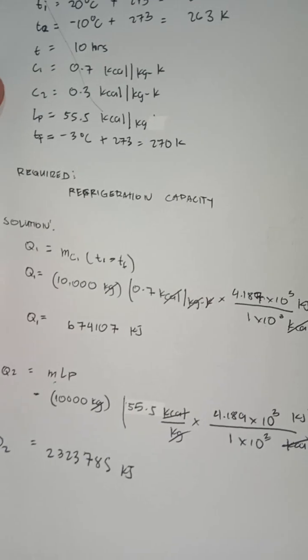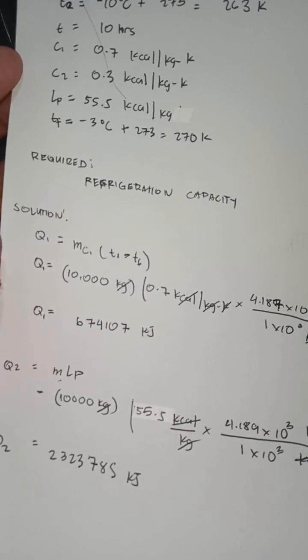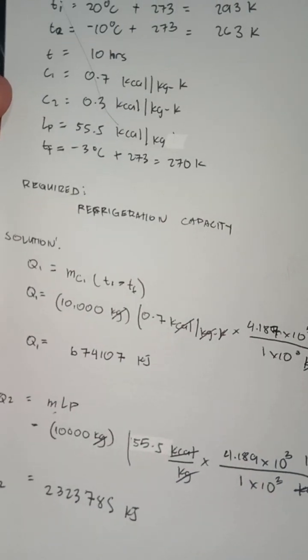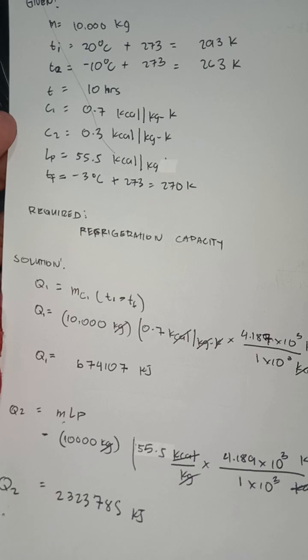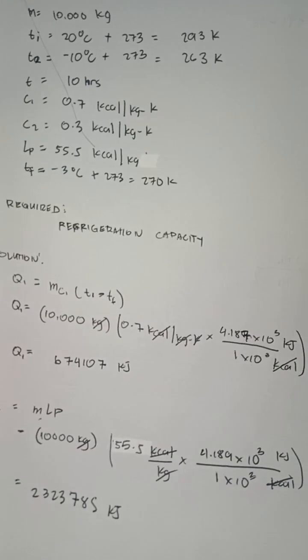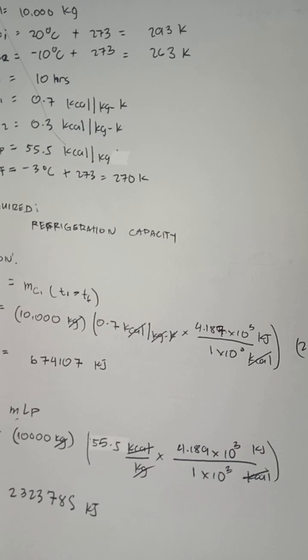Q1 equals MC1 times T1 minus TF. Then substitute the mass equals 10,000 kg times the C1 0.7 kcal per kilogram Kelvin. Then convert it into kilojoules